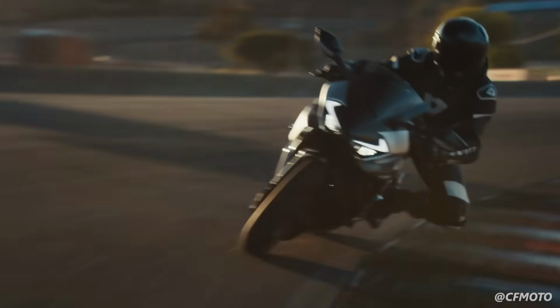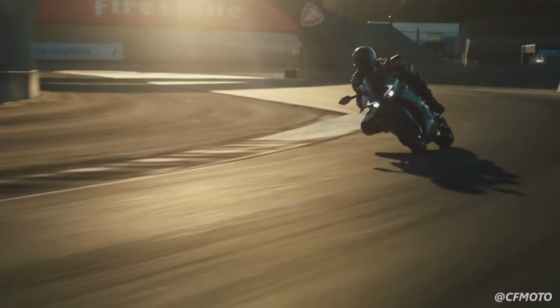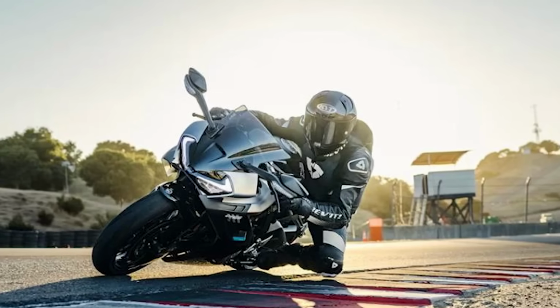For a modern middleweight sport bike, it does offer a sort of analog riding experience without too many digital nannies. It has an upshift-only quick shifter, dual-channel ABS, and traction control, and that's about it, which is kind of cool in its own right. There's always going to be a bit of skepticism when it comes to these new CFMOTO bikes,